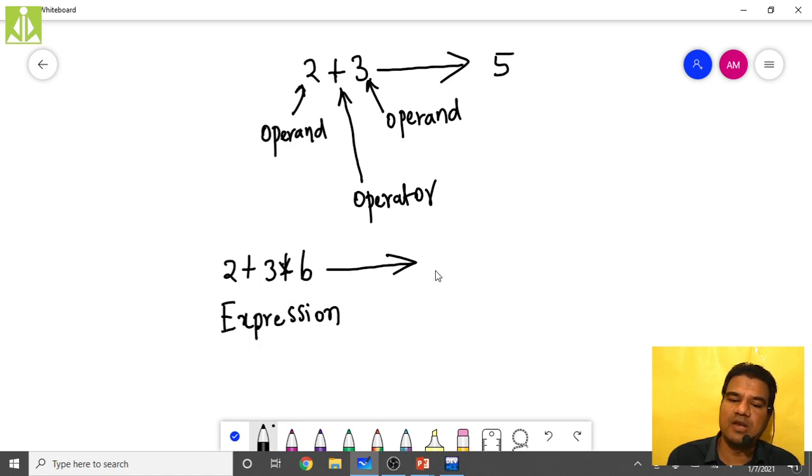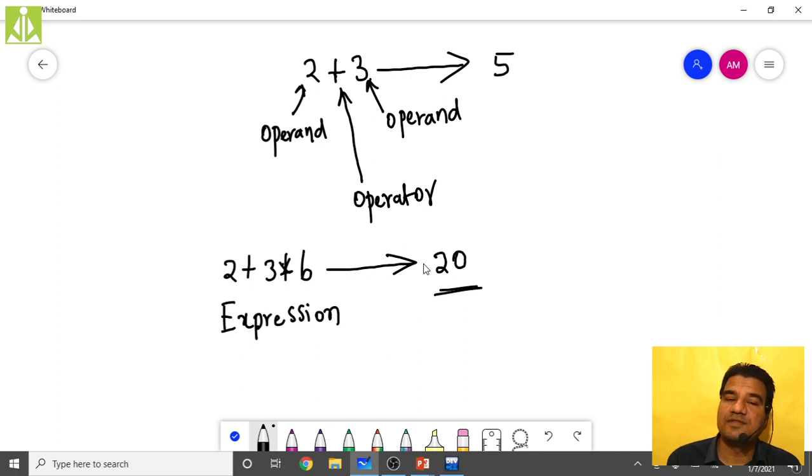Which when evaluated will result in a single value. So what is the single value over here? You will get 20. According to the BODMAS rule, we have to evaluate the multiplication first. So 6 multiplied with 3, you will get 18, plus 2, that is 20. So hopefully you understood what an operator is.